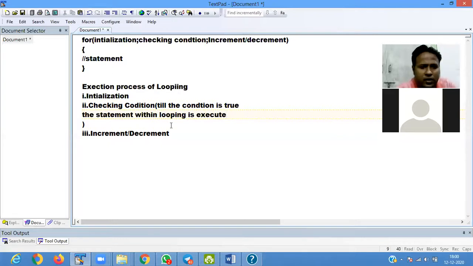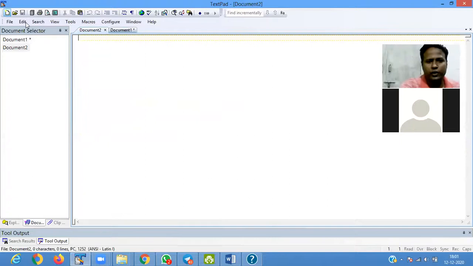Okay. Then I write a simple program to display 1 to 10 here. Okay, so I open the file. I have a file here.